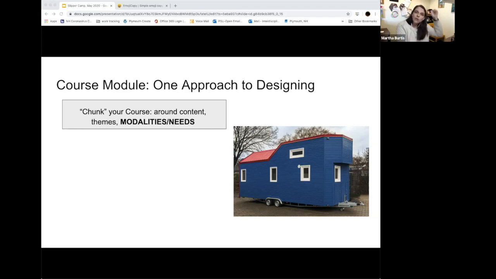What's a little bit different in our context, and what we want people to really consider and why we're presenting about this at all, is if there are pieces of your course that have really specific requirements, particularly around specific modalities. This might be an opportunity to pull all of those things together and create a single module out of those requirements. So for example, if you do a course that has a heavy